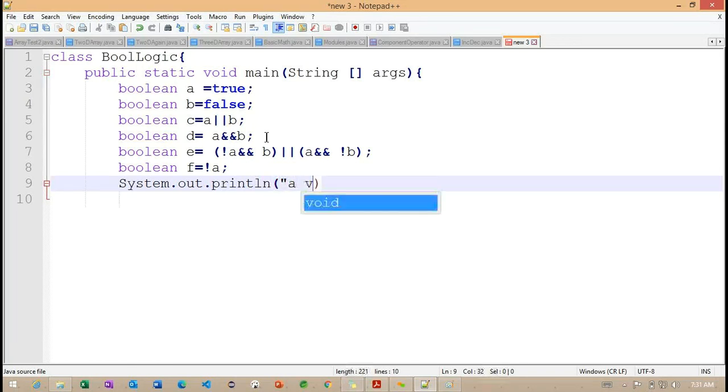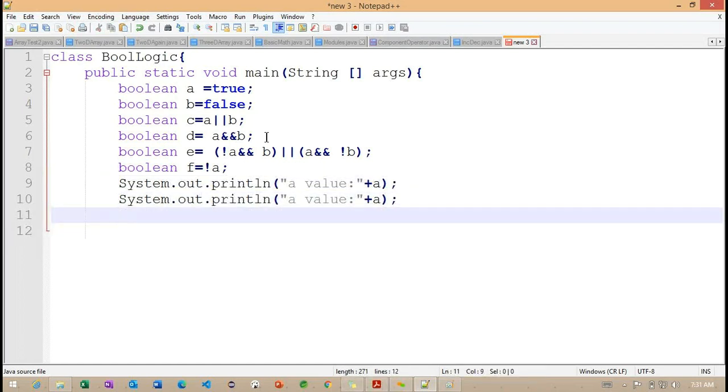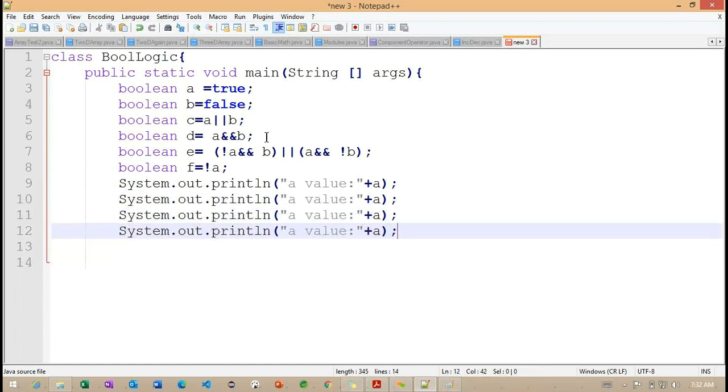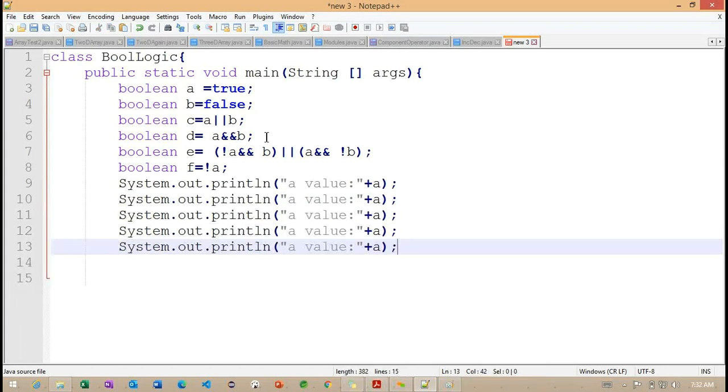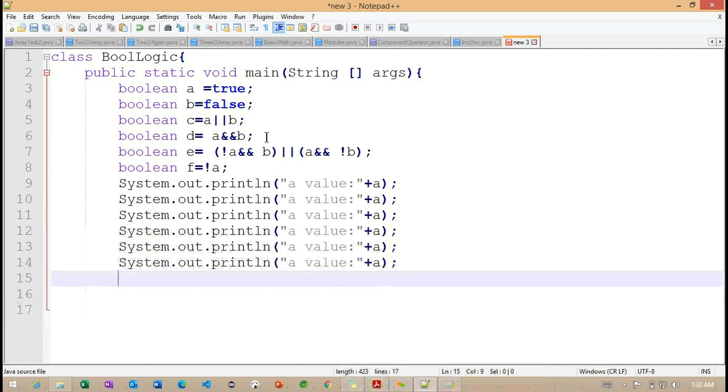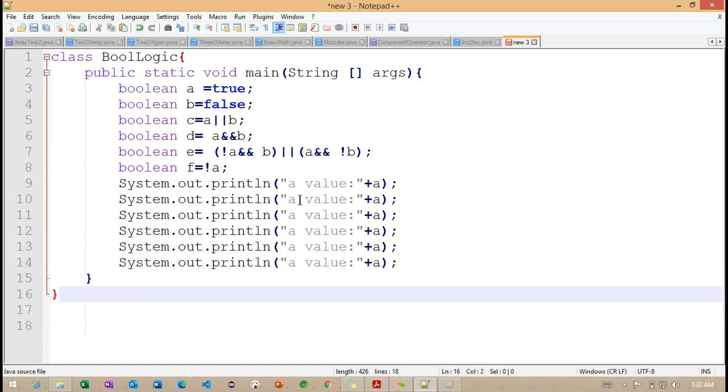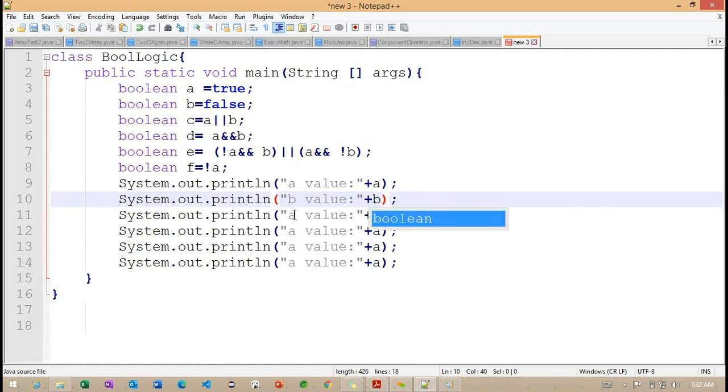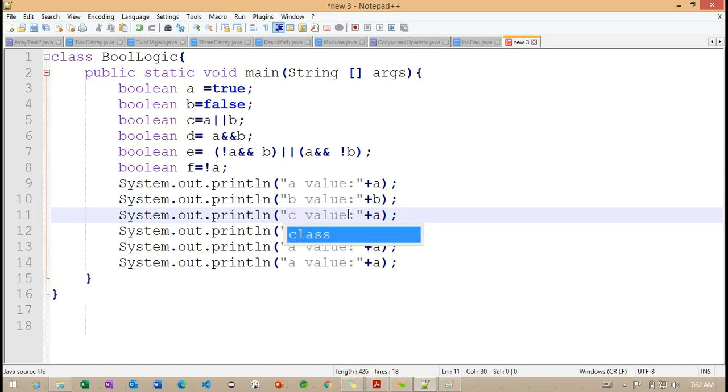First we'll print this A value, and B value, C, D, and E. Finally, we'll print this F here. So observe, I'm printing A and B values, and the same way we'll print this C value. Here I want to define the expression.